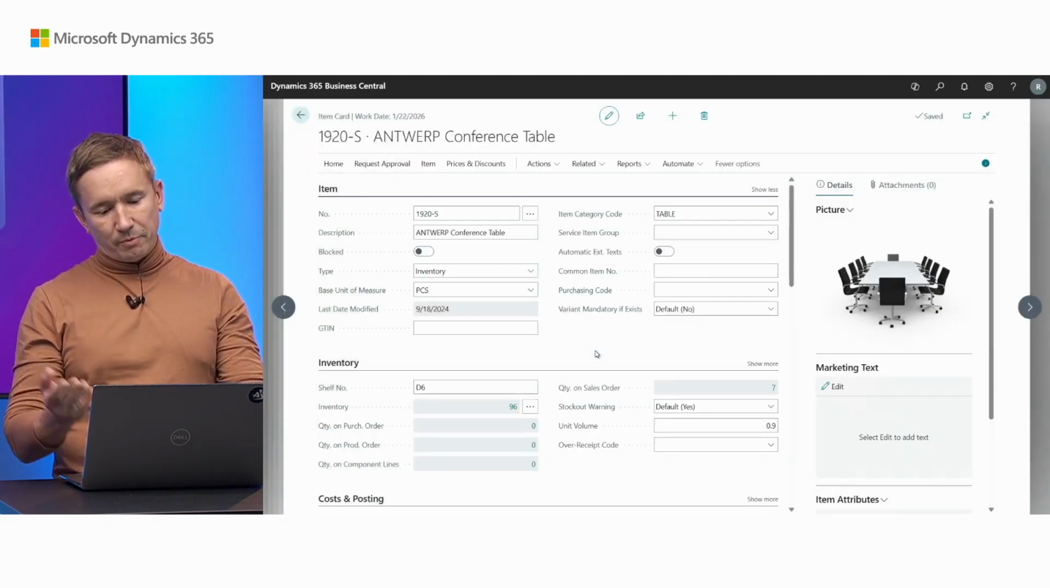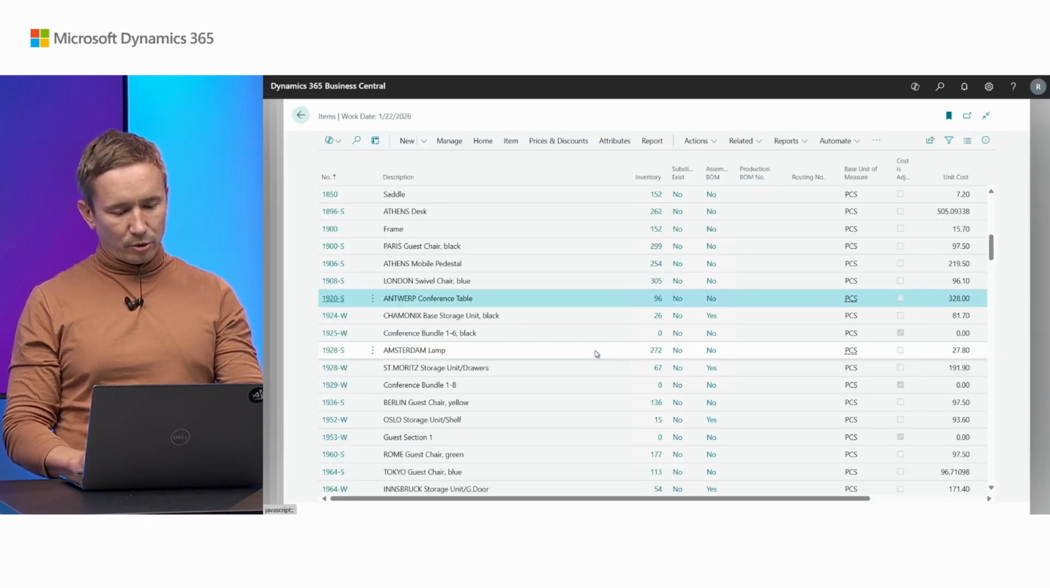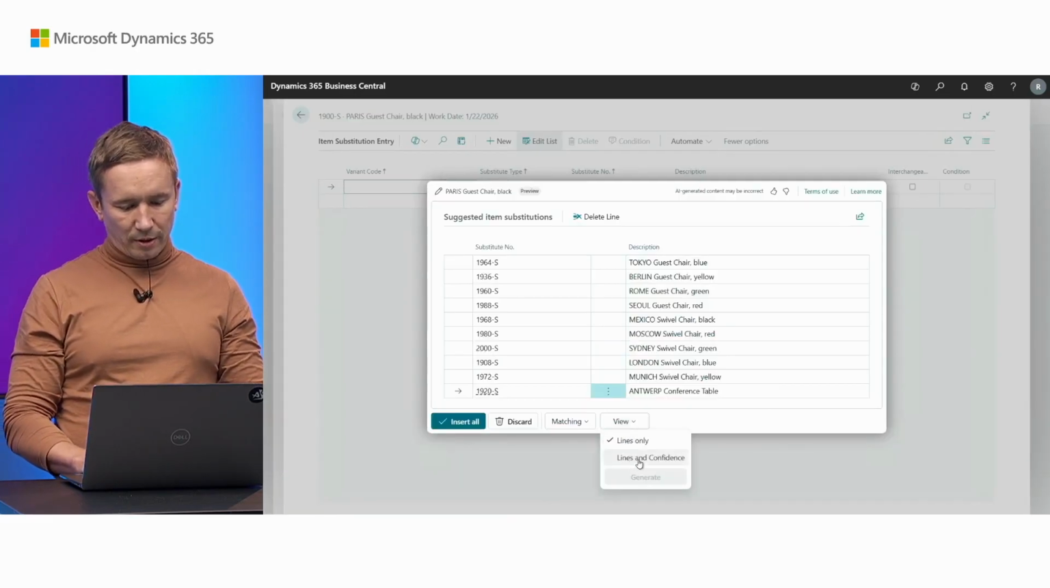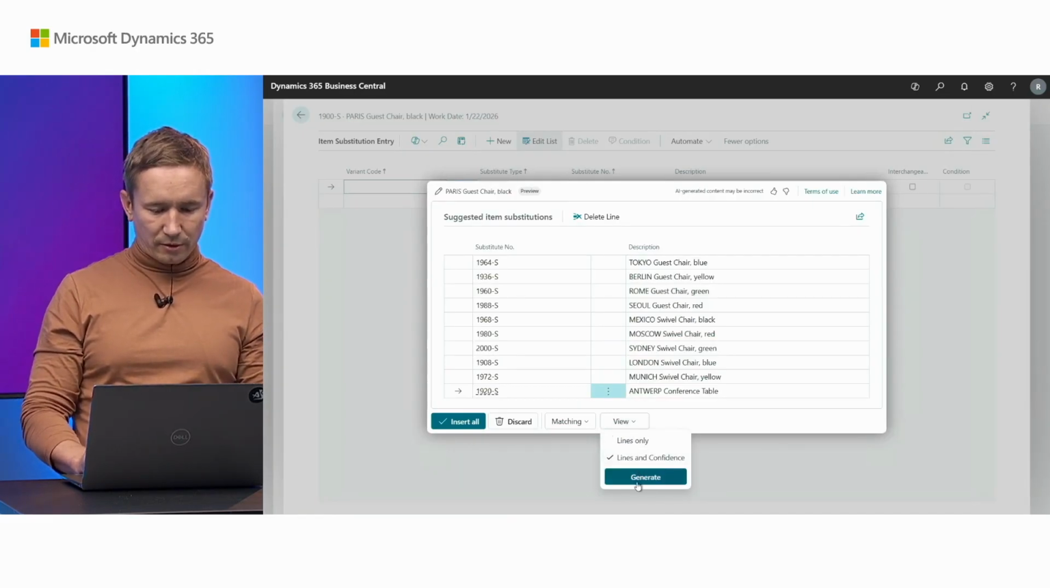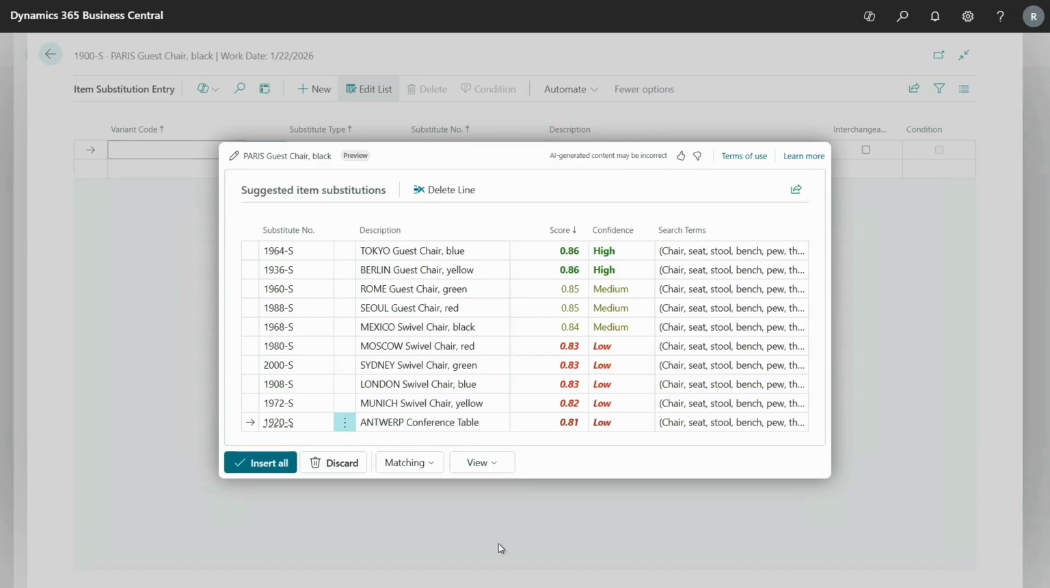And then apparently embedding decided that it's good enough to be included into the result. But let's check our confidence in that result. I'm going to switch the mode. So now we can see that guest chairs have a high score and high confidence, and conference table has